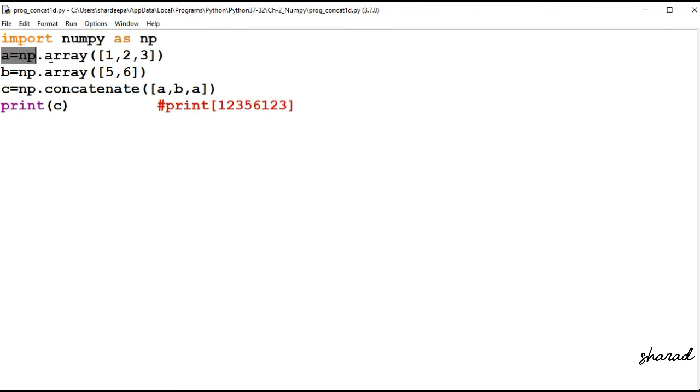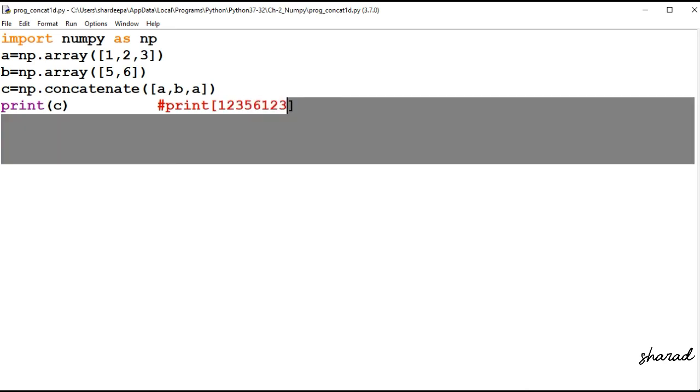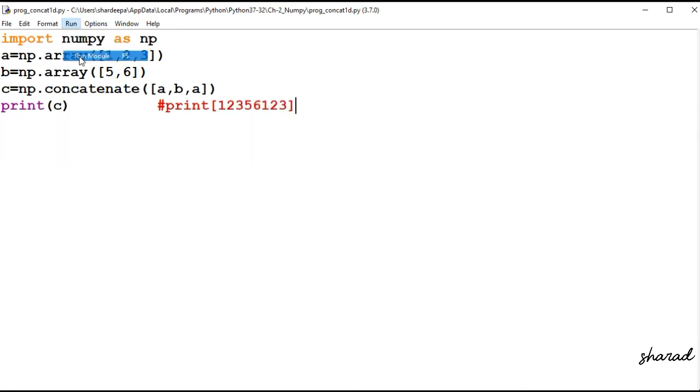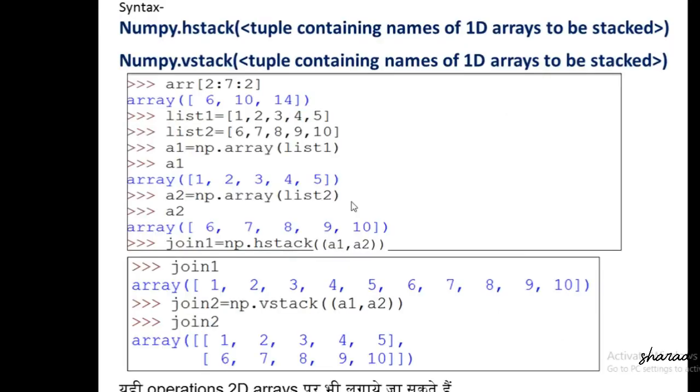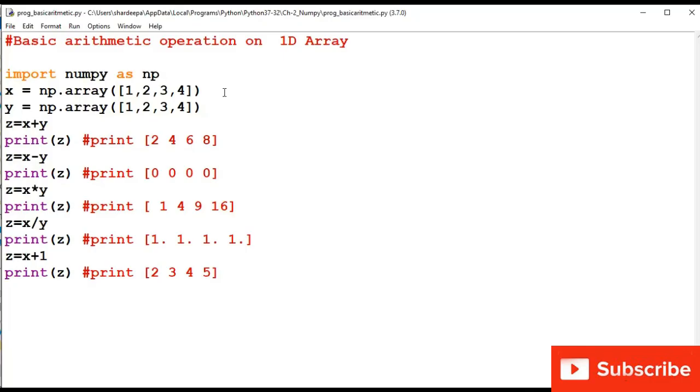Joining of two arrays in NumPy is done using the concatenate function. This function is used to join two or more arrays of the same shape. In case of 2D arrays, this function concatenates two arrays either by rows or by columns. There are two functions, one is hstack and the other is vstack. hstack performs horizontal and vstack performs vertical concatenation of two arrays, and hence the output is obtained. We can perform vectorized operations on arrays such as arithmetic, element-wise, aggregate, and set operations.